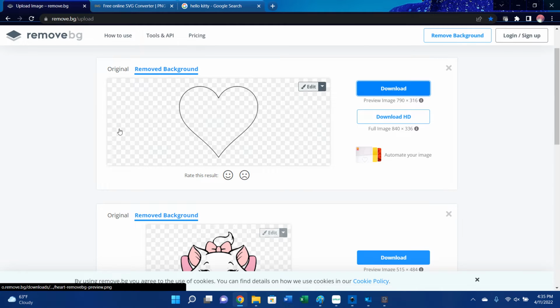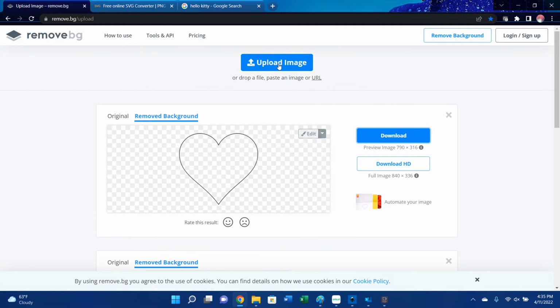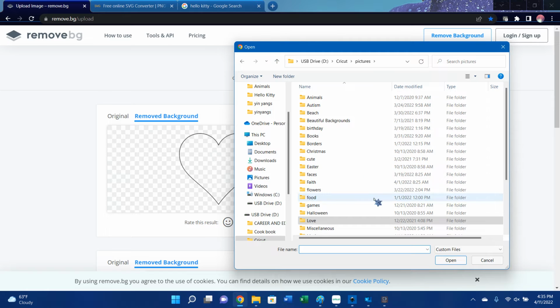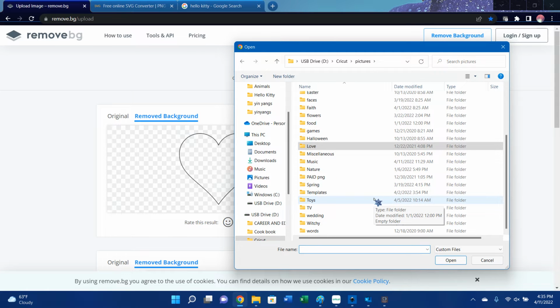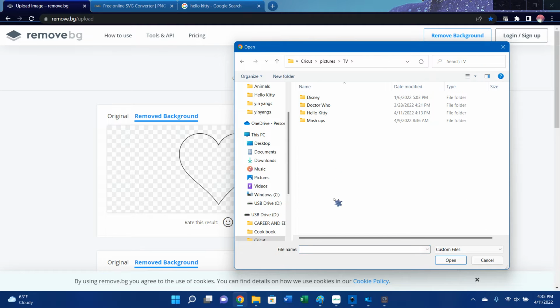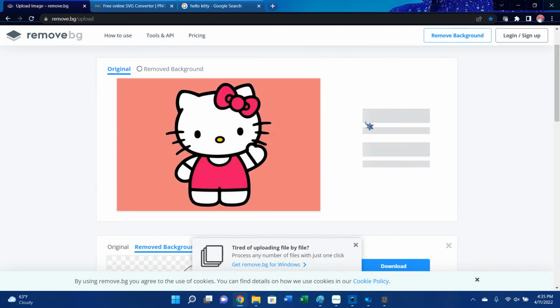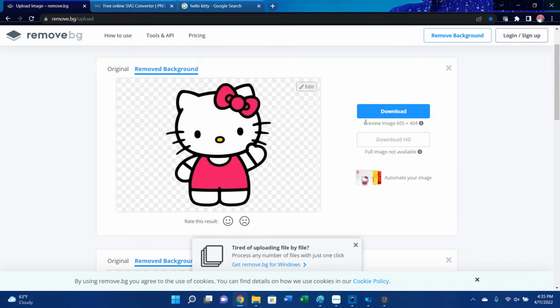This one says /upload, but if you just put in remove.bg, you can come in and upload an image, go to where you saved it. I always keep my stuff organized and save it in places that I know I'll be able to find later. So I'm going to go in for my Hello Kitty. As you can see, I've done this once already. I'm just going to choose this Hello Kitty with the background on it, and it's going to come up and